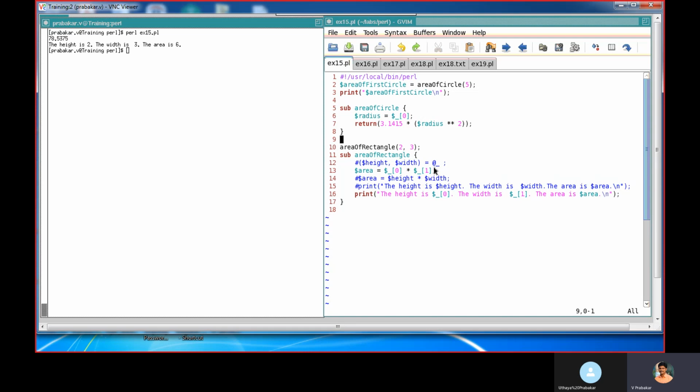Instead of using this @_, you can also collect like this. Once we run this code, Perl example 15, it gives 78.5375. So that is the value of the area of the circle, and the height, width, and area is 6. That is the output for the second example, area of rectangle.